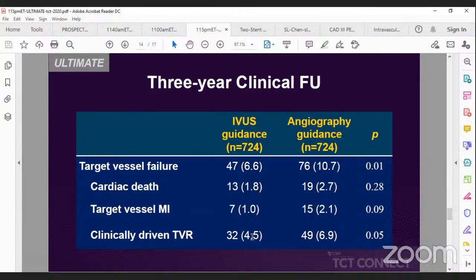Okay. I think this is logical, because if you fail to achieve a good position of your stent, you will have more stent thrombosis and target vessel MI, and you will go into more revascularization for your stent. Yes. And if you do not perform a proper stent apposition or proper stent sizing, which would be helped so much by using IVUS, you may get a stent thrombosis or a target vessel MI. So yes,